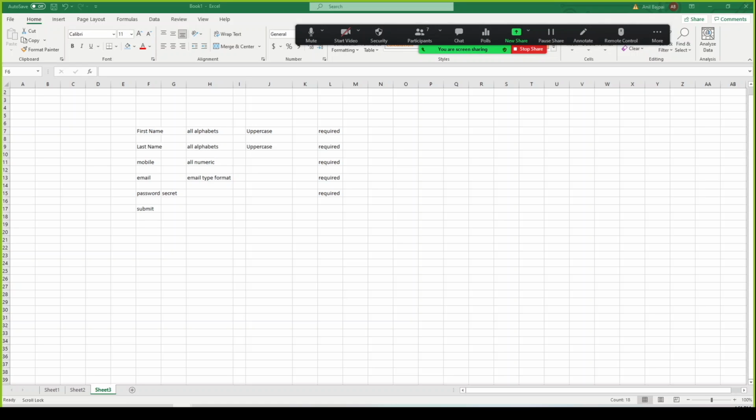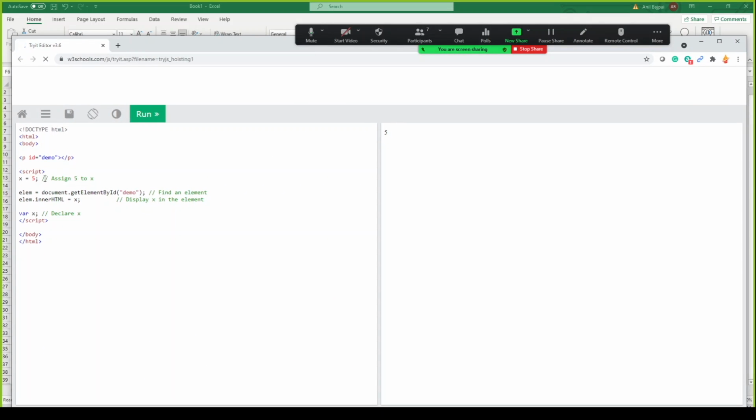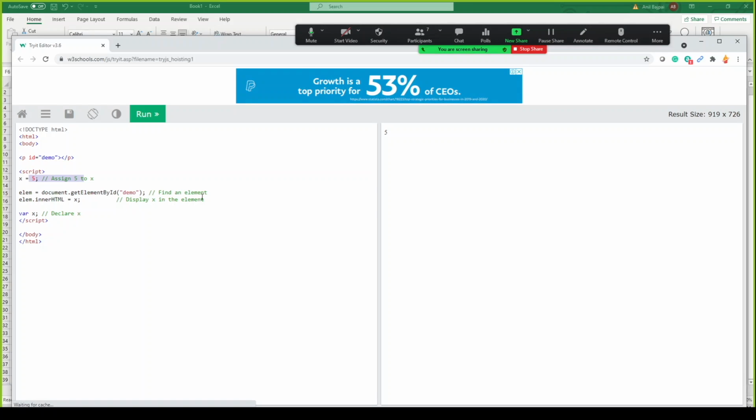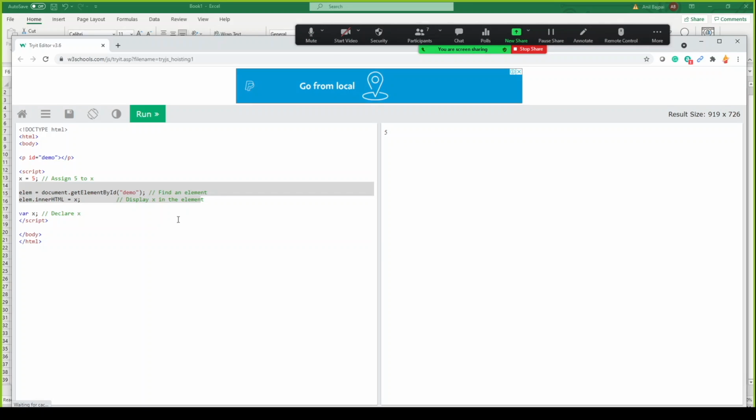So to talk about it, this is your listing, and this is what we talked about earlier as well, right? This is where we are first defining it, assigning the variable, and then utilizing it in a random order. If we run it, we see that the x value is 5. So the behavior is the same, right? Since it's an interpreted language, at the time the browser is loading this, it will just check whether all the different things are available, and if they are, there will be no error,